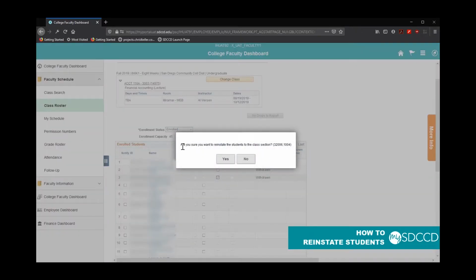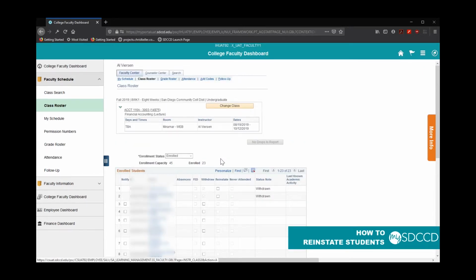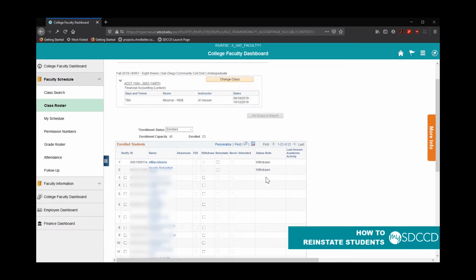It's going to give me a confirmation message saying, are you sure you want to reinstate the students? I'm going to go ahead and click on yes. The system will do a check to make sure that the student can be reinstated into the class, and if so, you will notice now that the withdrawn status has disappeared, and then you have the option to drop the